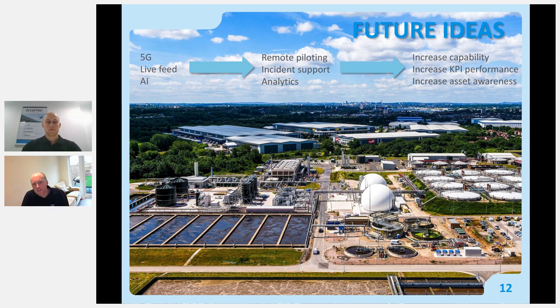Certainly for us, incident support's key. Being able to get any incident reported and that data back to the incident room is a really powerful tool. And the faster we can do that, and 5G helps us unlock this, is going to be absolutely key for what we're doing. Then that data can be analysed, and we can really understand that particular site. And then it's got a knock-on effect for increasing the capabilities of what the drone team can do,